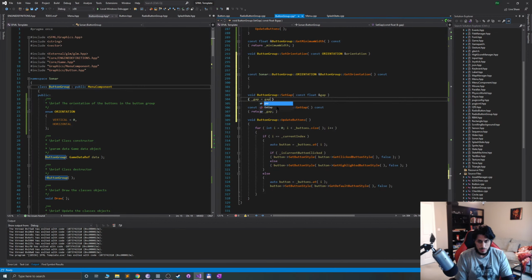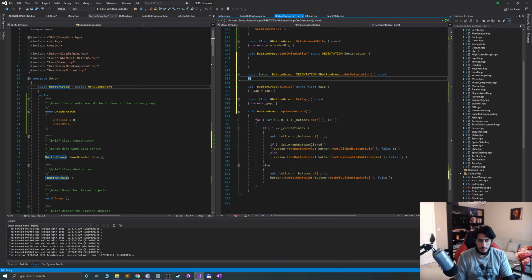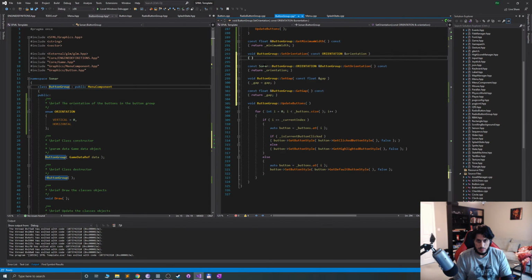Underscore gap equals gap. Return underscore orientation and underscore orientation equals orientation. Okay, so now that we've done that,